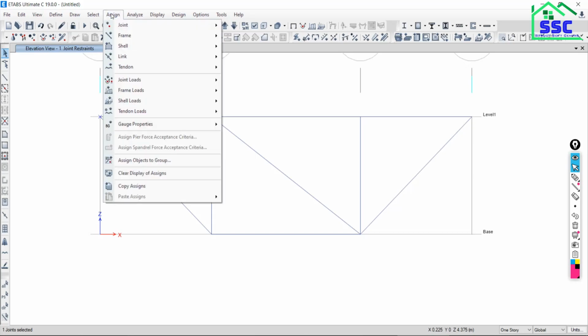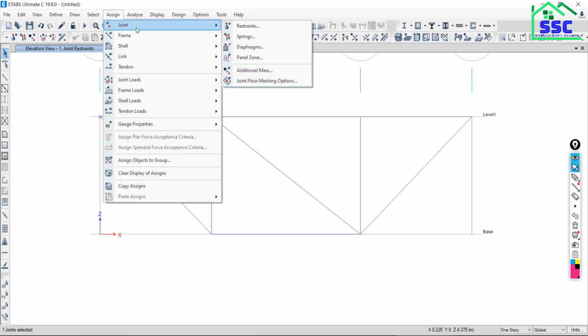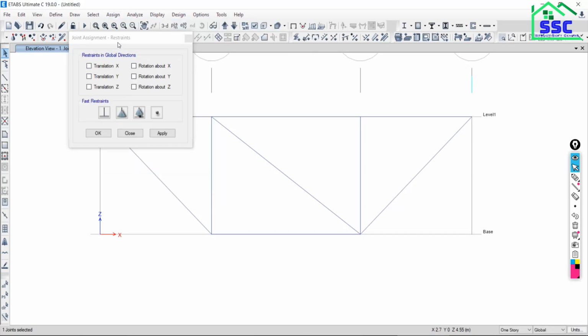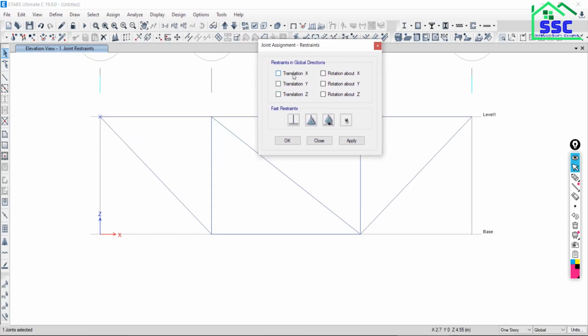Now go to Assign, go to Joint, go to Restraint, and four options are there. If you do not have a good idea about translation and rotation, don't worry, just click over the hinge. So by default the restraints will be selected. These are nothing but the restraints.